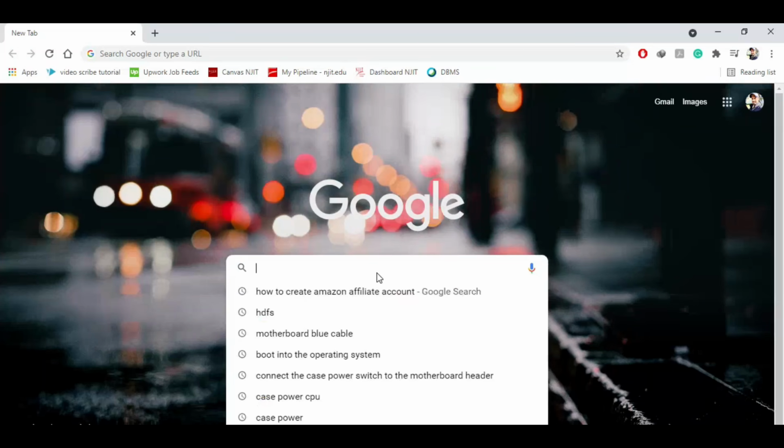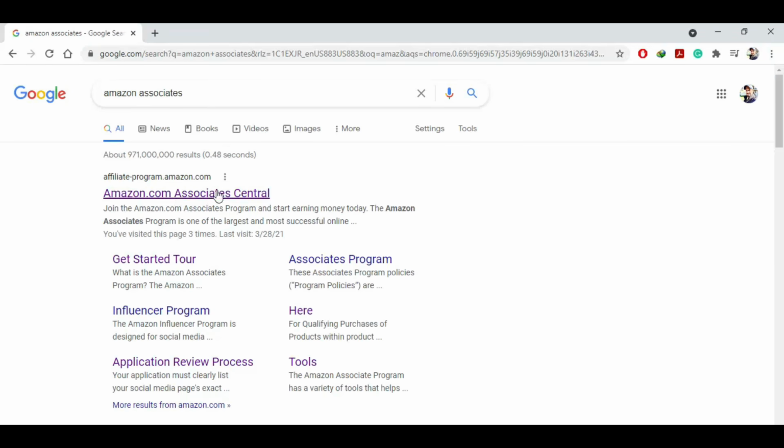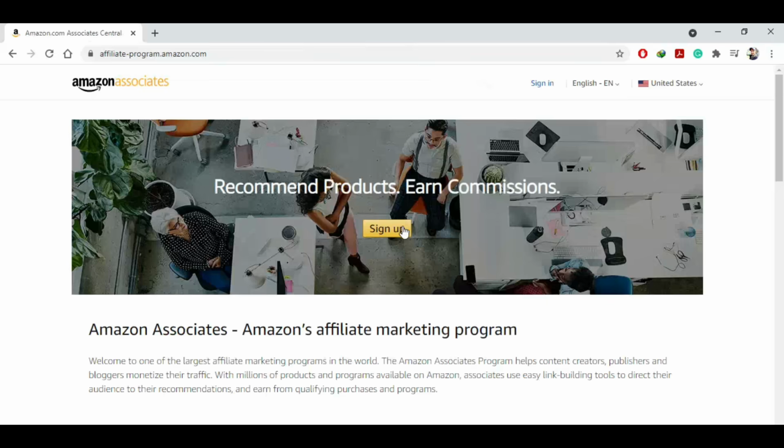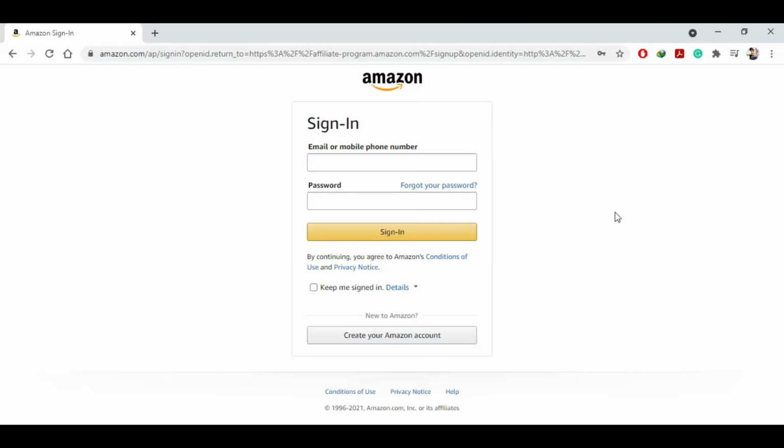You have to search on Google for Amazon Associates, click on amazon.com Associates Central, then click on sign up. When clicking on sign up, you will be asked to log in to your Amazon account. If you do not have an account, click on create your Amazon account.